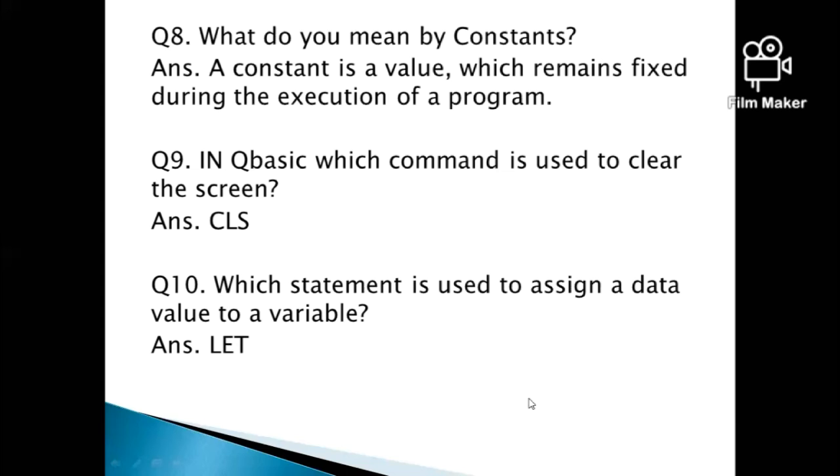Just suppose I want to assign 10 to a variable. So I have to write: LET a = 10. Here LET is the statement, a is the variable, equal is the assignment operator, and 10 is the constant. So we can say that the value of a will be 10.